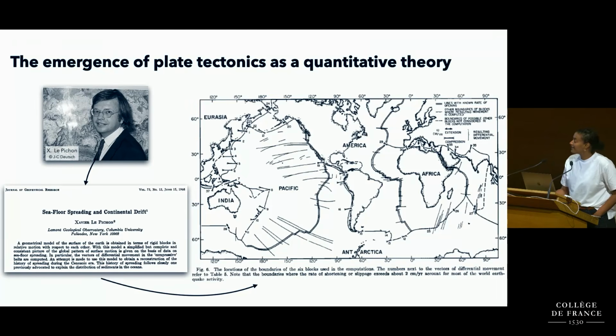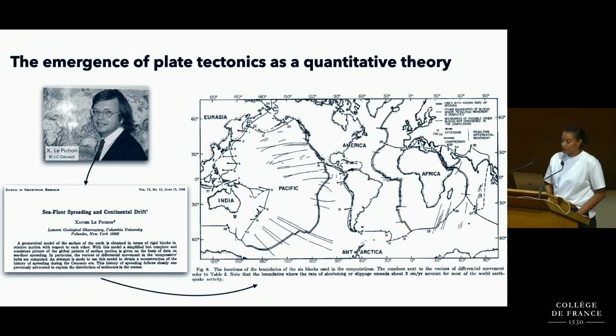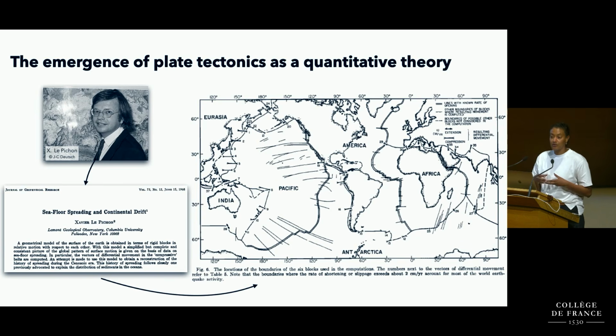theory. And we've seen this figure quite a lot over the past two days, and this is, I think, one of the main contributions of Xavier Le Pichon, who first proposed a global kinematic model in which the Earth's surface could be described as a small number of rigid plates that rotate relative to each other. And this remarkably simple framework successfully explained the global distribution of seismicity, plate boundaries, and so on, and is still a very important